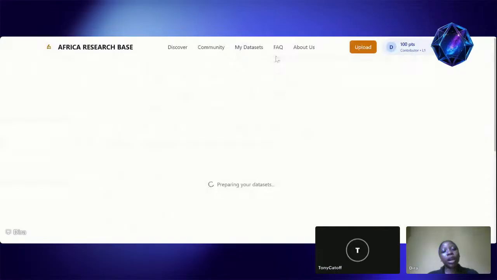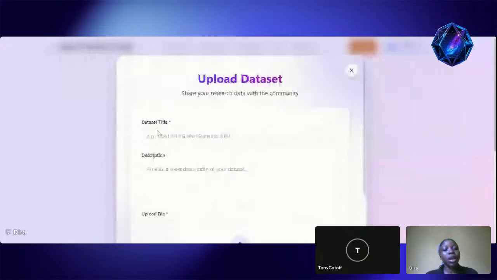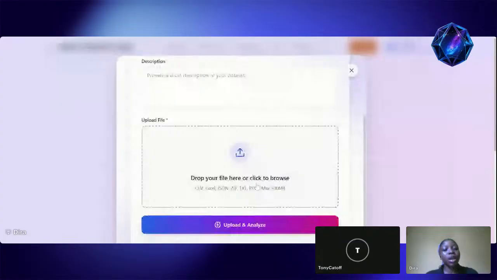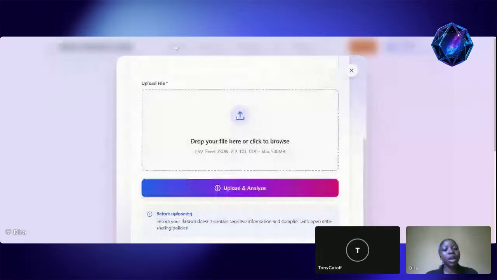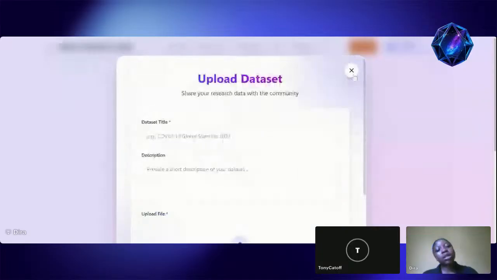Obviously there is not a lot here now. That's because we blocked it. But on the upload button here, when you want to contribute data, you put the dataset title and the description, you upload your file, and then click upload and analyze, so that it goes through our system to verify how useful that is. And then uploading it triggers